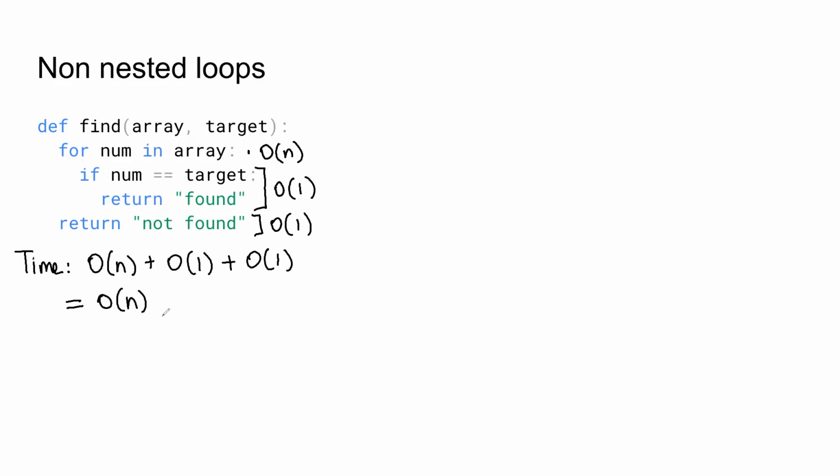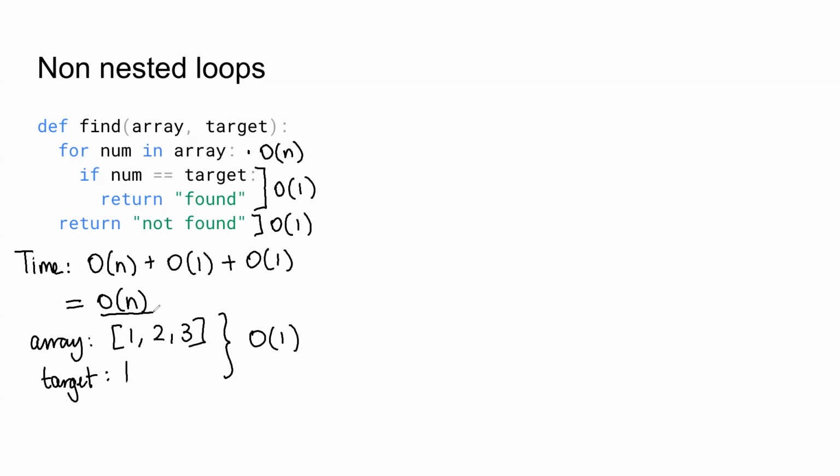Now, you might wonder, does it matter that sometimes this for loop would not go through the entire array? Well, what if we have an input such as 1, 2, and 3, and our target is just 1? We return after the first iteration. Does that affect the time complexity? Well, sure, you could say that for this particular input, we have a time complexity of O of 1. But in the general case, we don't know where the target is in the array, so O of n is the tightest